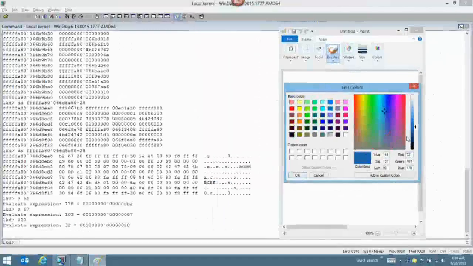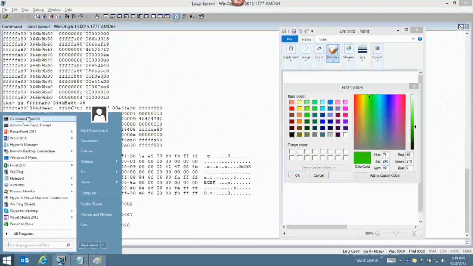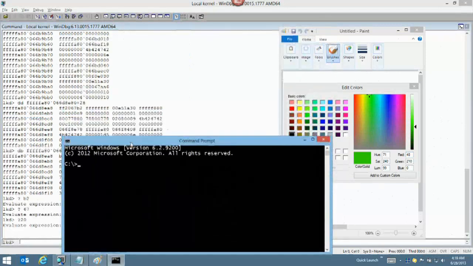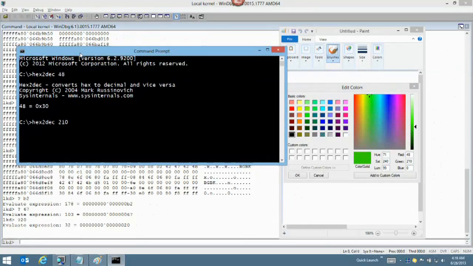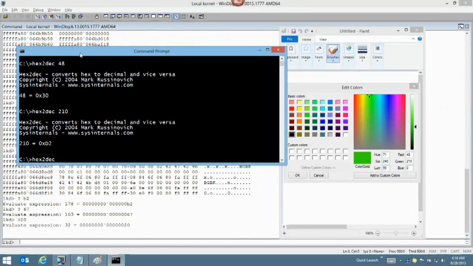What color would you like? Red? Red's kind of boring. Here, how about you make noise as I move this over? Higher? Lower? Green? Do you like that color? All right, so we need to translate that back into hexadecimal. I've got a little tool here, Hexadec, which I wrote, hex 48. I didn't write it just for this, by the way. And then blue is 0, 0, 0. Okay, so we've got